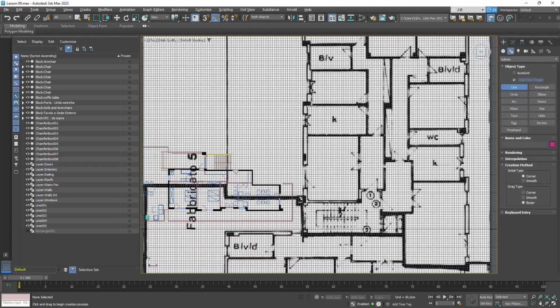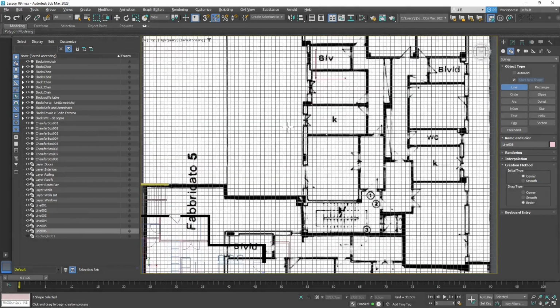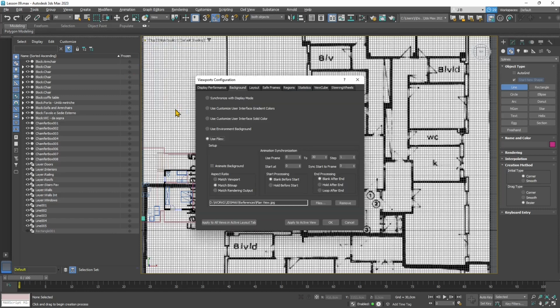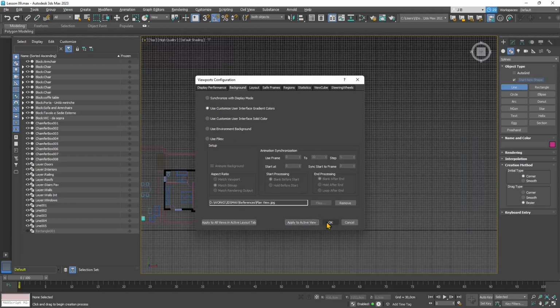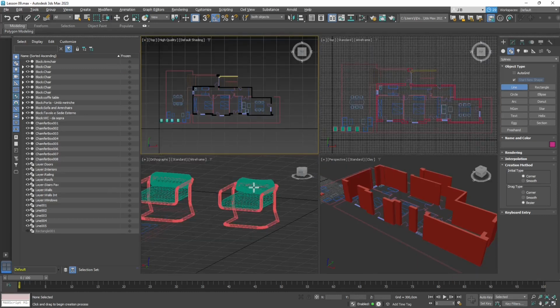So if I want to start to draw my lines on top of this drawing here, it's going to be really difficult because as soon as I zoom in or zoom out with my viewport, I'm going to lose that synchronization. I'm going to lose the match. So I don't really like this way to use reference images. So you either lock the view somehow, you can lock the top view, or another option I'm going to show you, which I prefer, is to use